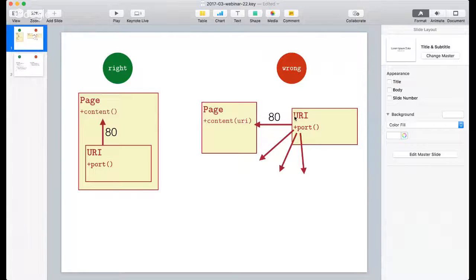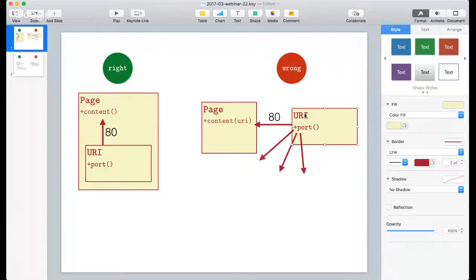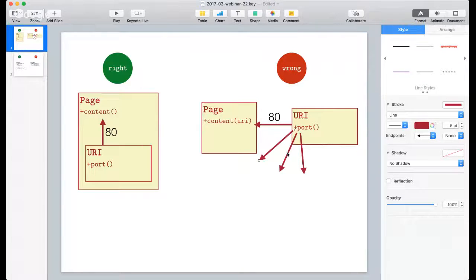So this horizontal allocation of classes makes this code procedural, because there is always somebody here looking at this combination of objects, and there could be somebody else who will also extract that port. So the number of these arrows will be really unlimited and outside of our control. The URI will definitely not know how many more people, clients, objects, whatever, are also extracting that port. And there will be many of them, thousands of them, because anytime you need the port, you just get the port and do something with it.